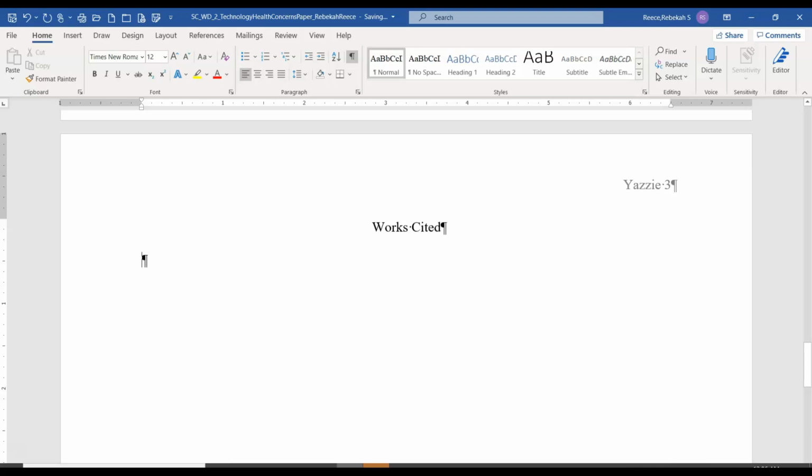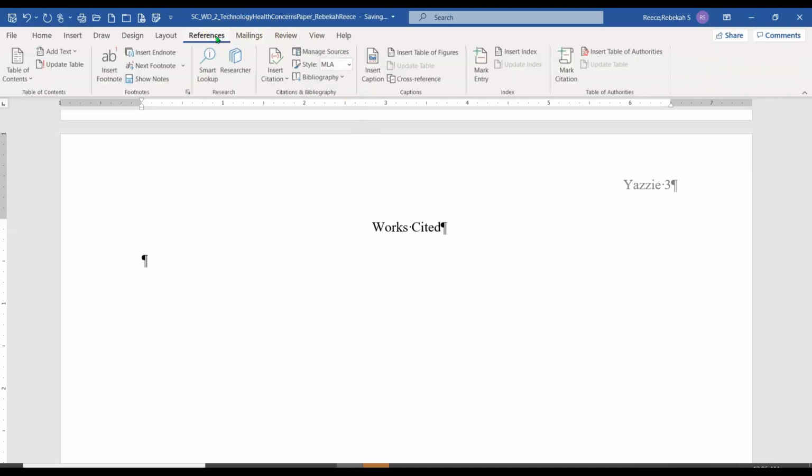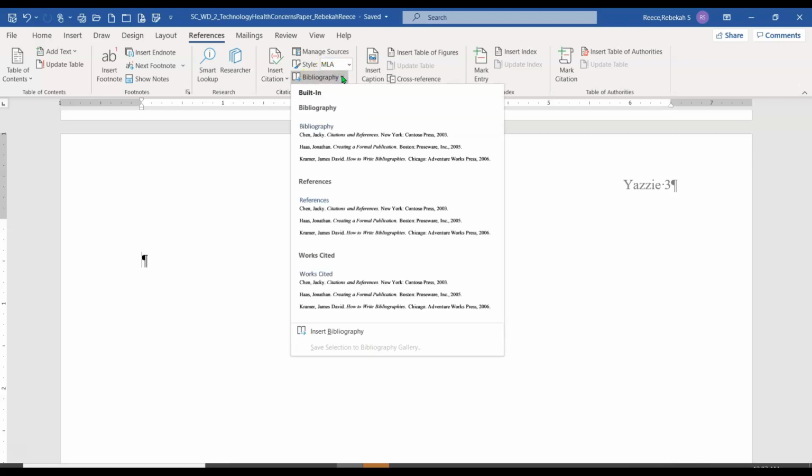And now the easy part, to create our bibliography list. Well, we have typed all of that information in. So now all we have to do is click and put in our bibliography. So we will go up to our references ribbon, and then in our citations and bibliography. This is the easiest way to make a bibliography, but I always get people that do it incorrectly because they don't read the directions. They just look at the screen and they pick what they think they are supposed to pick. What you need to do is go to the bibliography drop down,